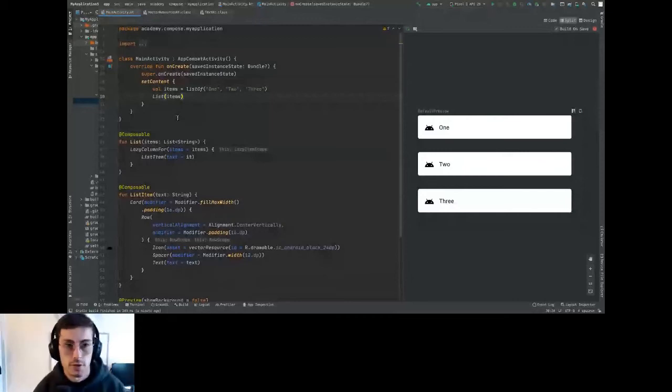We have the concept of a scaffold, and if you're used to working, this is very similar to what